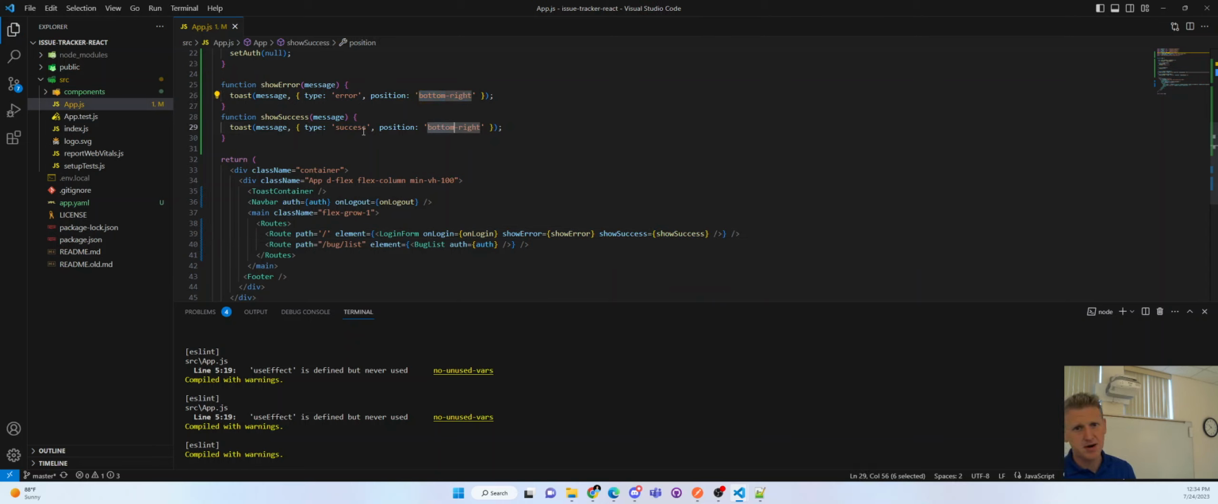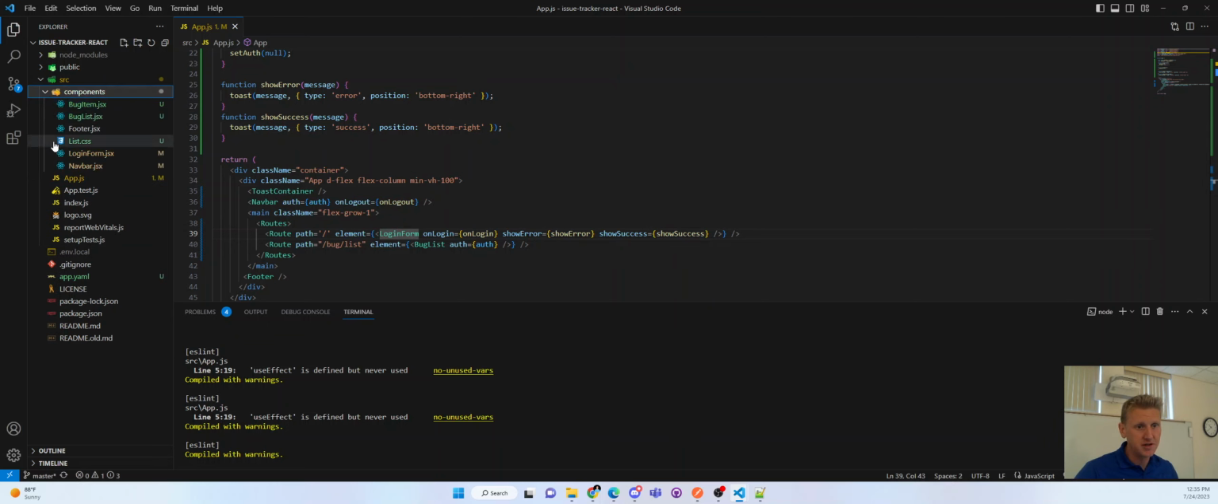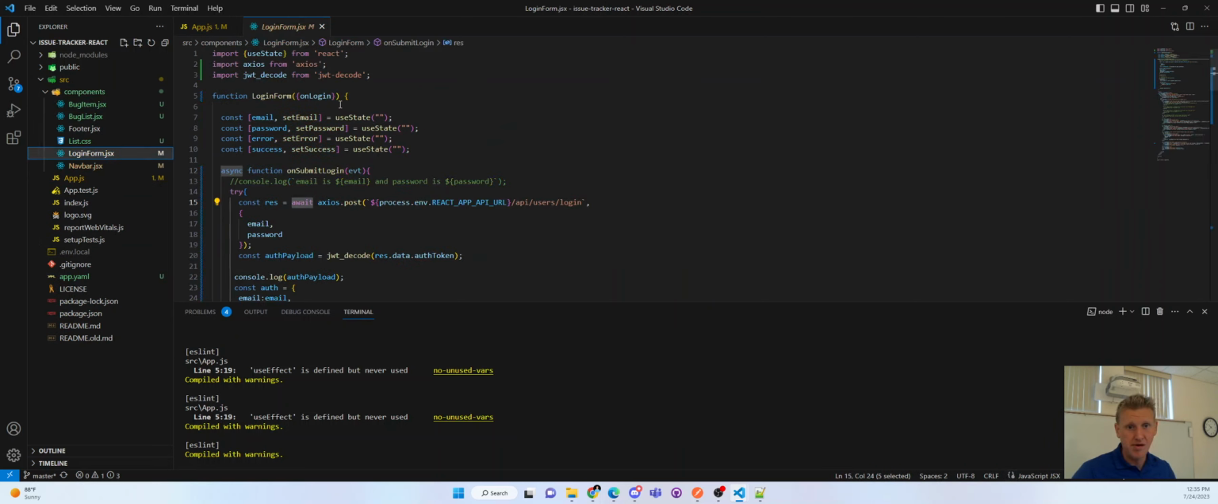So this is bottom right. And again, we can look at the docs and tinker, but basically this is our function call, this function toast. We pass it a custom message and you can give it all sorts of configuration options. But let's call show success now. So that sends it down to the login form. So if I go to my components, login form, show success,